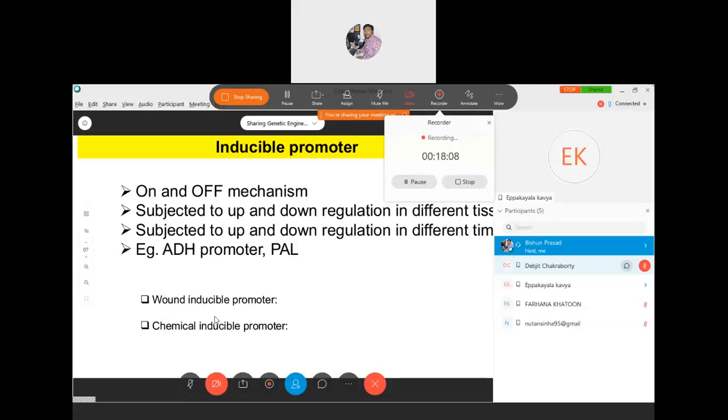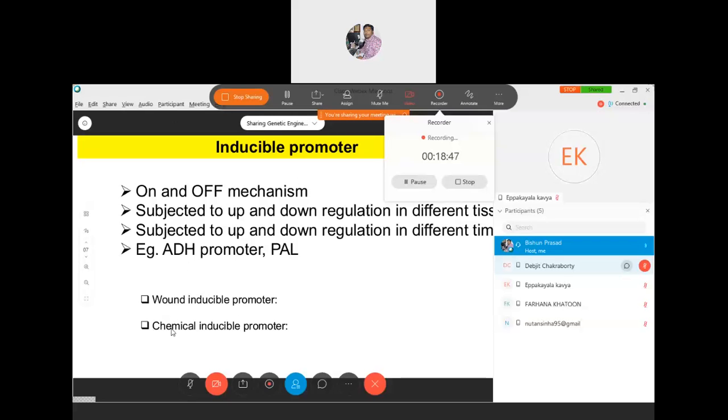But if you clone some defense related genes in a constitutive promoter, say for example the 35S promoter or actin promoter, your defense related genes are active at all time points, and your plant will lose lots of energy in maintaining the expression of your insect resistance gene or disease resistance gene. So it is advisable, when you work with insects and diseases, or any stress resistance, that you use an inducible promoter.